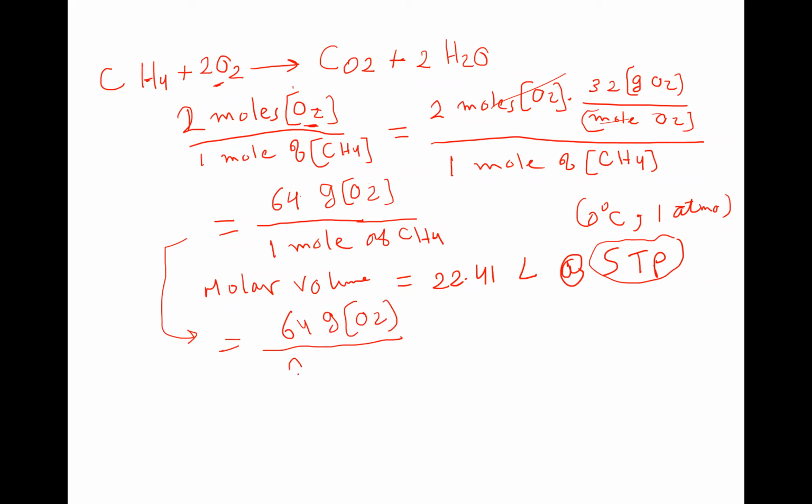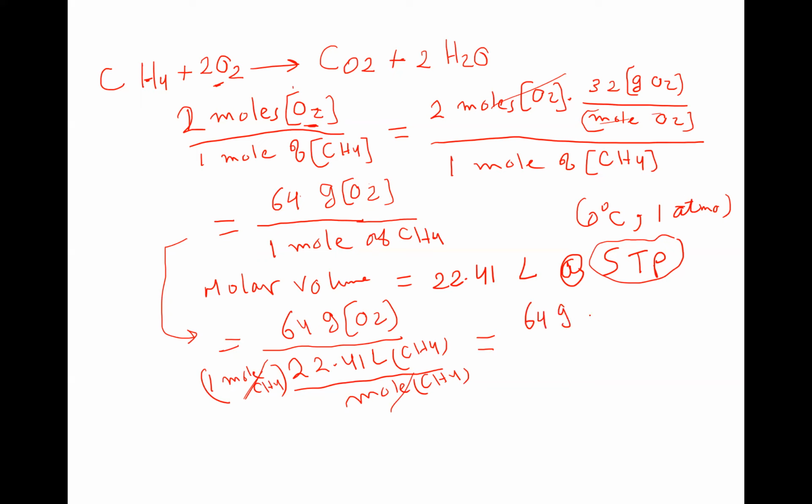Again, this is what? 22.41 liter of CH4 per mole CH4, of course. And of course, we have here, this is still 1 mole, right? This is basically 1 mole in the denominator here. This is 1 mole CH4. So after simplification, this means that we need to have